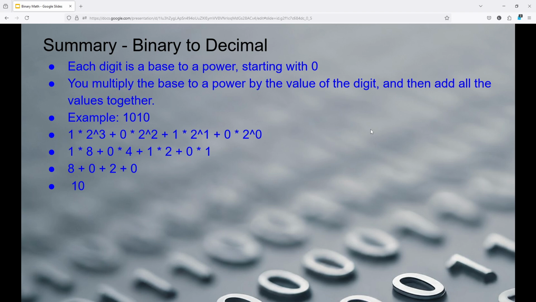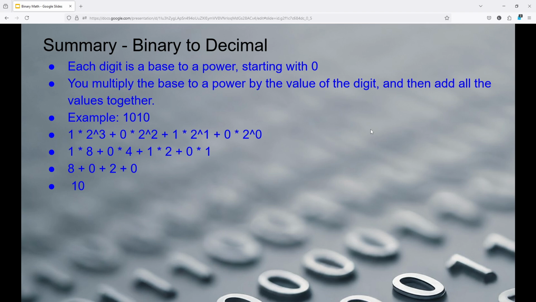So a quick summary on the binary to decimal, because that part's pretty easy. Each digit is a base to a power, starting with 0 on the right-hand side. Multiply the base to a power by the value of the digit, and you add everything together. For example, if we have the binary number